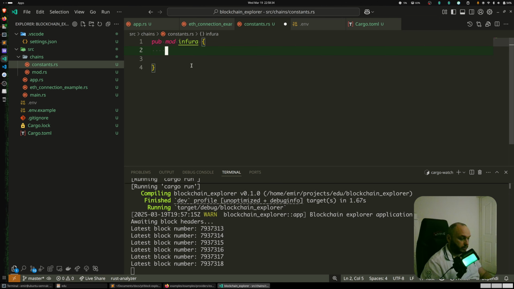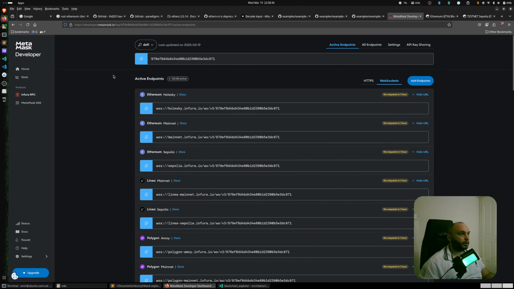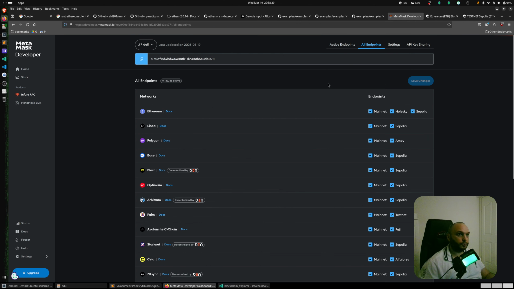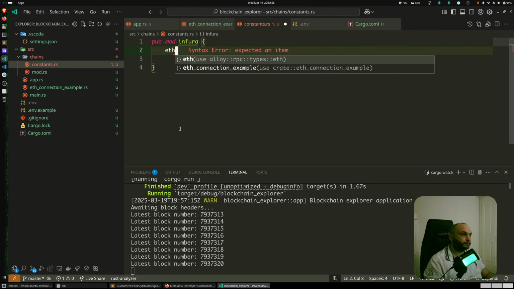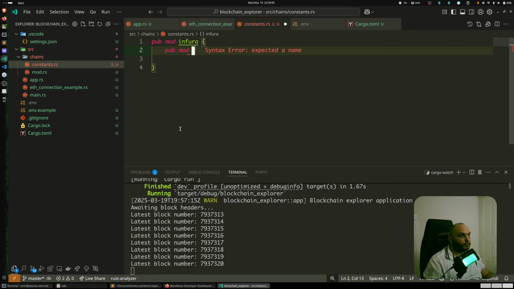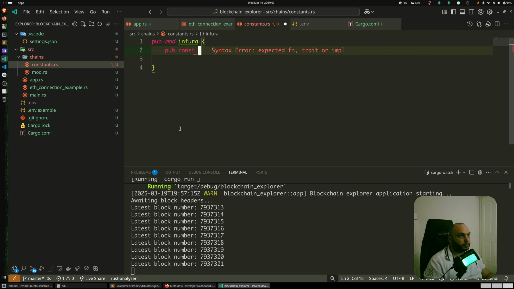Okay. Infra, what is there in infra? There are lots of things in infra, of course, all endpoints. Ethereum, Polygon, Linea. What is Linea? I don't know. Actually, there are lots of EVM based networks on the internet, but we will use some of them. Pub const, let me think about that. No, pub mod Ethereum